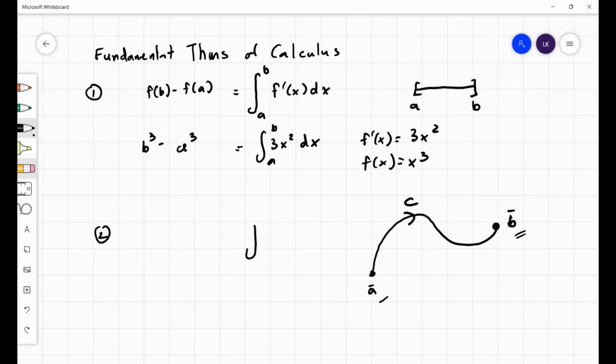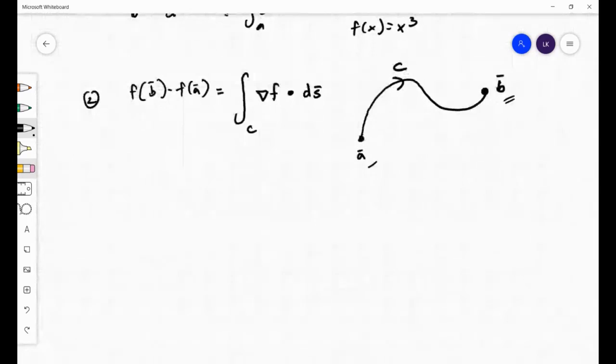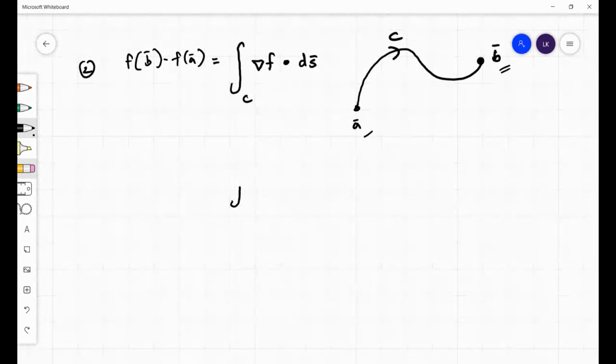And for the fundamental theorem of calculus there, what you're doing is you're doing a work integral of the gradient of some scalar field along the curve. And so that turned out to be just the scalar field at the terminal point minus the scalar field at the starting point. So a definite generalization of the first fundamental theorem of calculus. So for example,